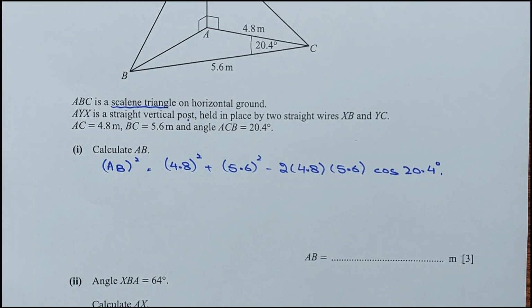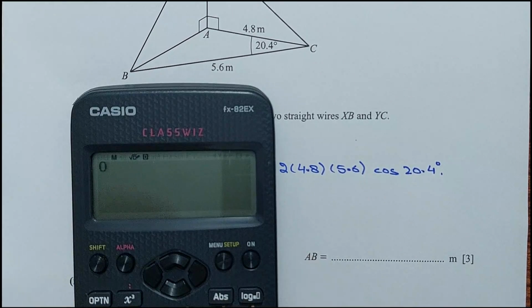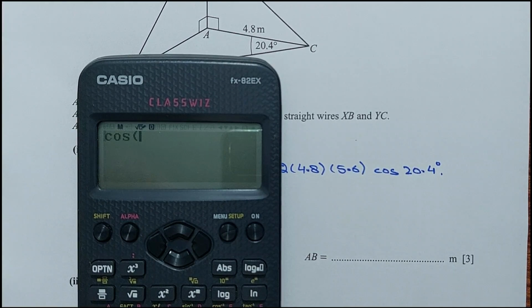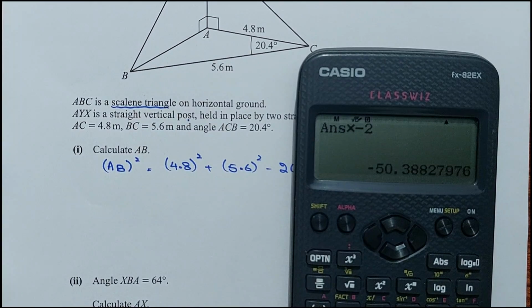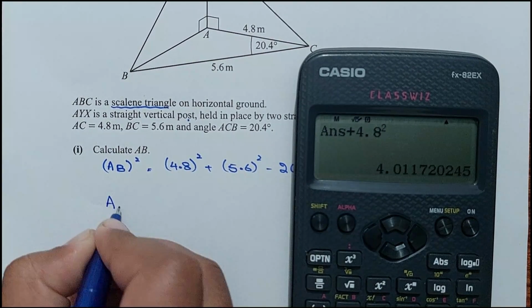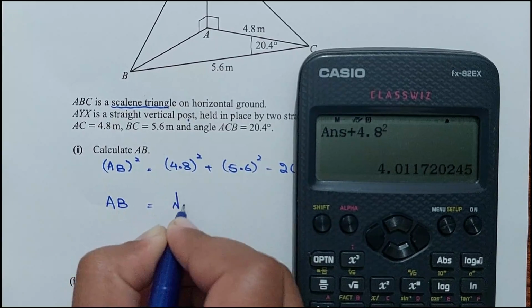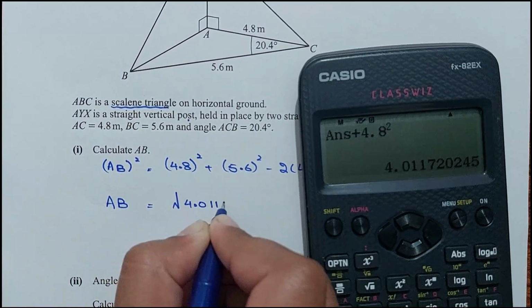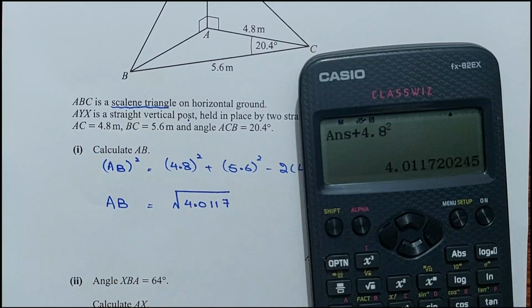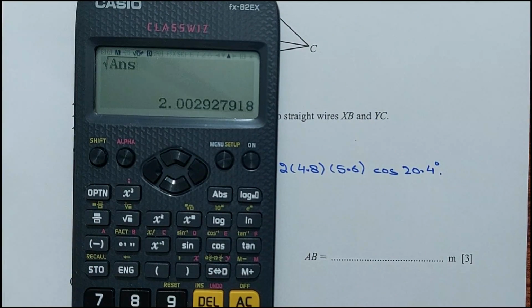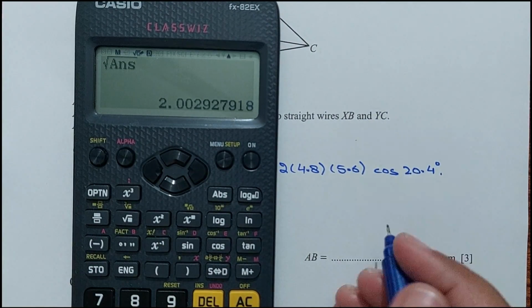Let me simplify this. So we have cos 20.4 degrees times 5.6 times 4.8 times -2 plus 5.6 square plus 4.8 square is this much. So what is AB? AB is the square root of 4.0117, right? Square root of the answer, this is 2.003